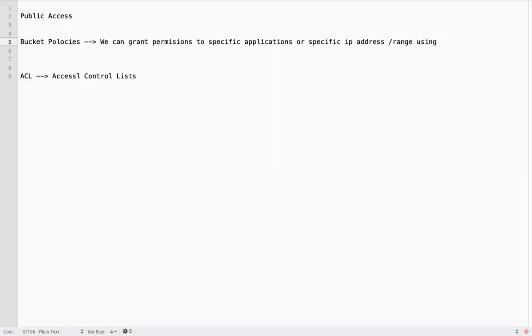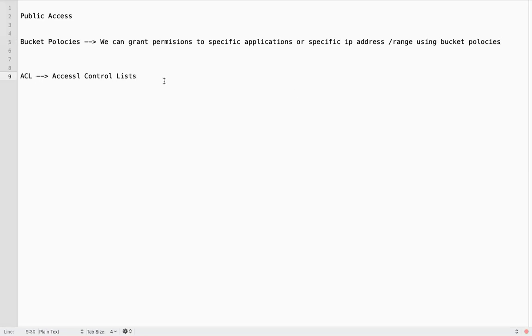I want to give access only to a few people, few applications, few IPs. So I can use bucket policies.